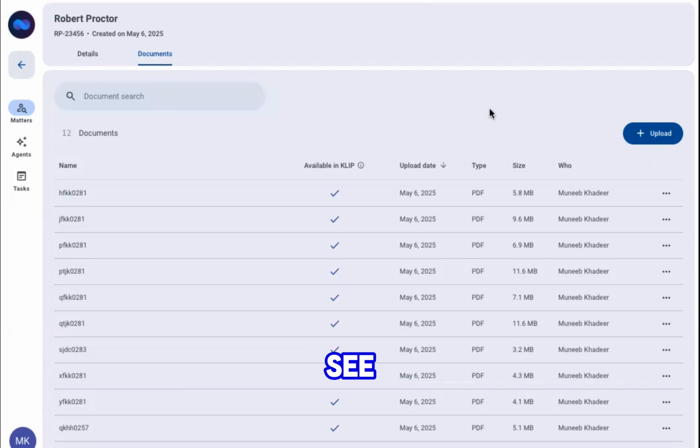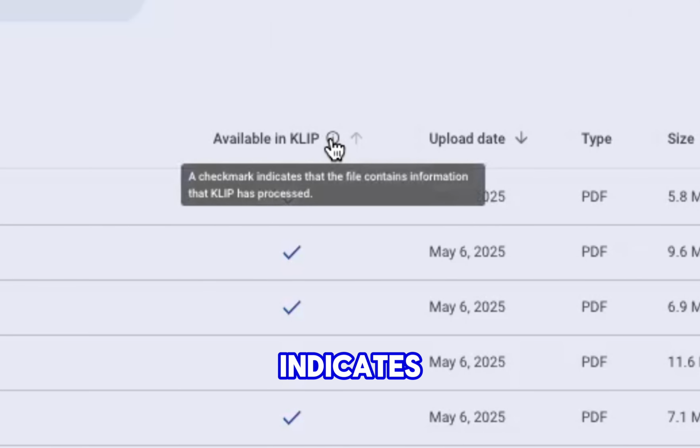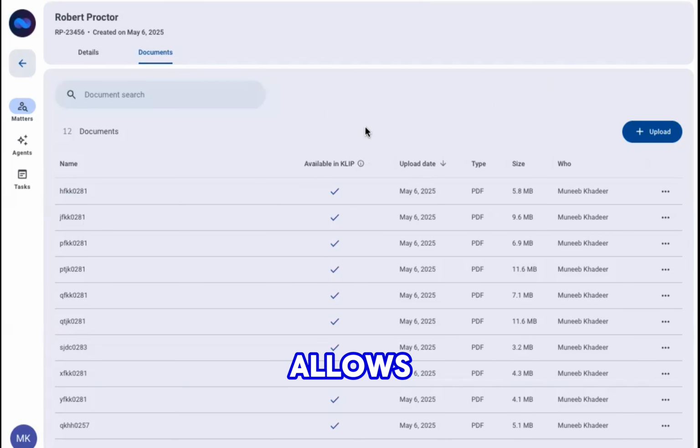In this second video, we're diving deeper into how to use KLIP to talk to your documents. As you can see, KLIP has finished processing all the documents, and the check mark indicates that the file contains information that KLIP has processed. This allows you to interact and talk to your documents using KLIP in one of